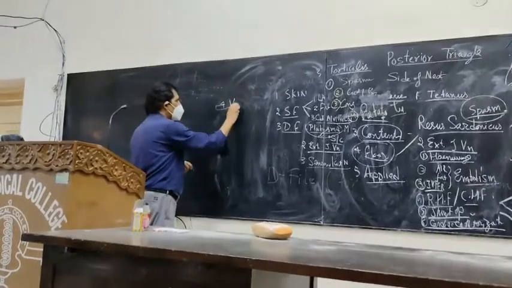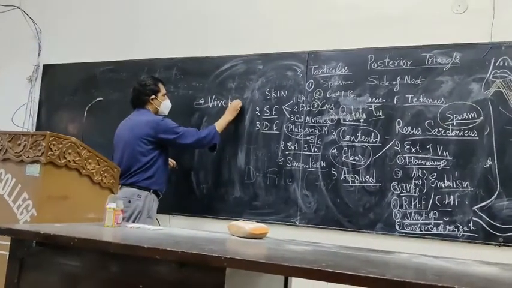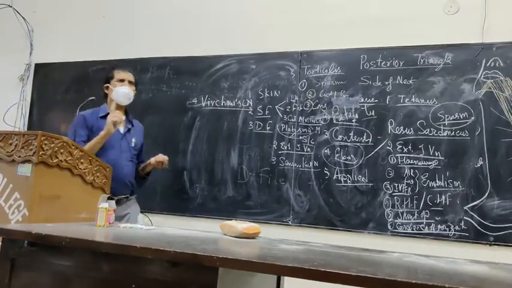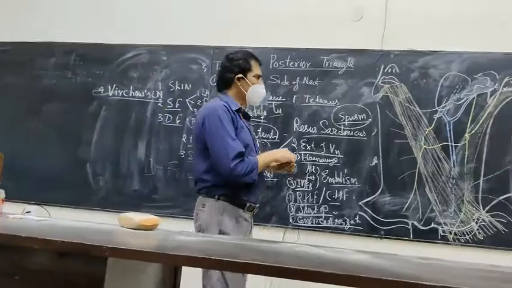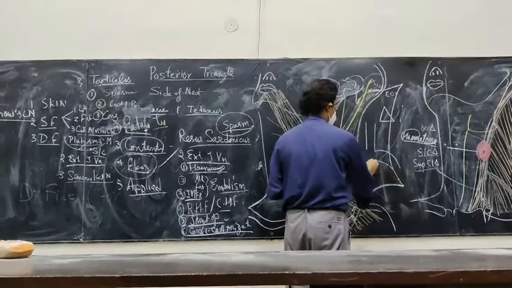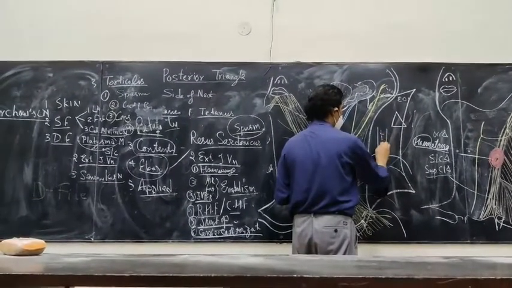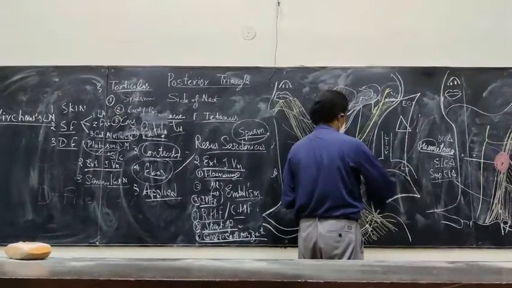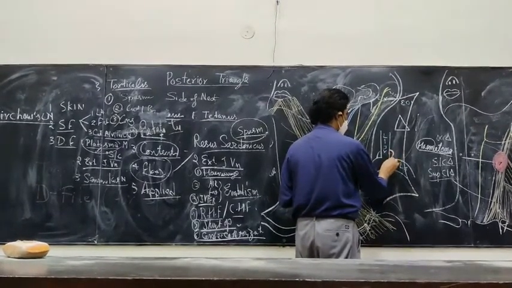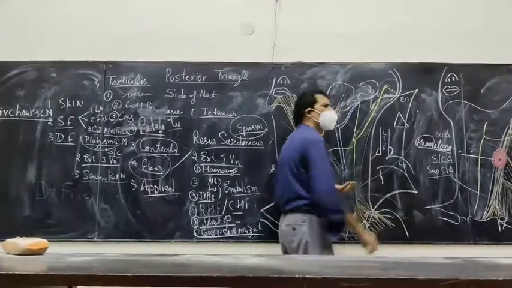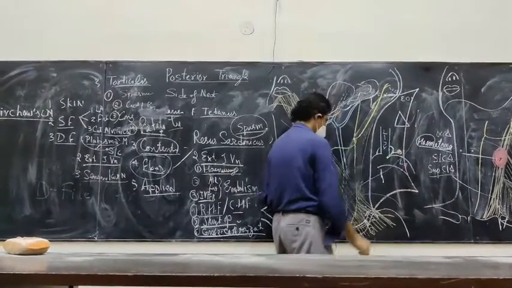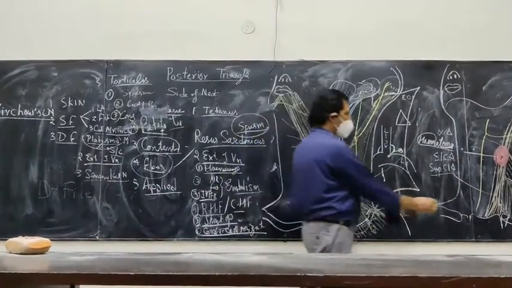Another is the Virchow lymph node. Virchow lymph node is a single lymph node lying at the termination of the thoracic duct. You know the thoracic duct is at the junction of the left internal jugular vein and left subclavian. You have done in the thorax, the 45 centimeter long thoracic duct, which terminates at the junction here. And here at the junction there is a Virchow lymph node, a single lymph node. And this lies somewhere here.